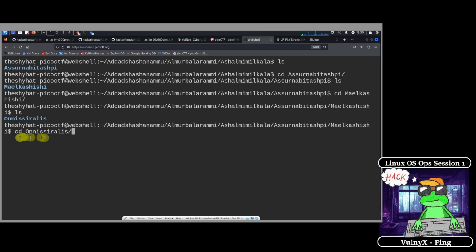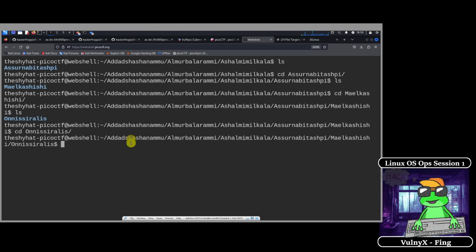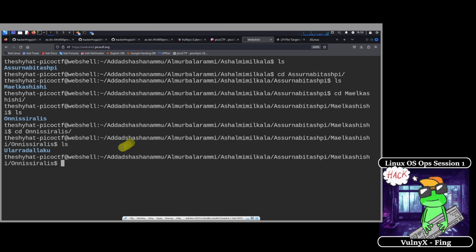Okay, so cd Onisiralis. Okay, so we have another directory called Laku. We need to enter this directory as well, start the name of it, and then hit tab to autocomplete.